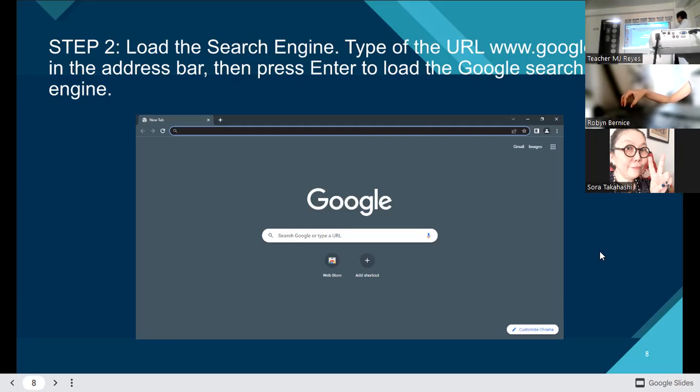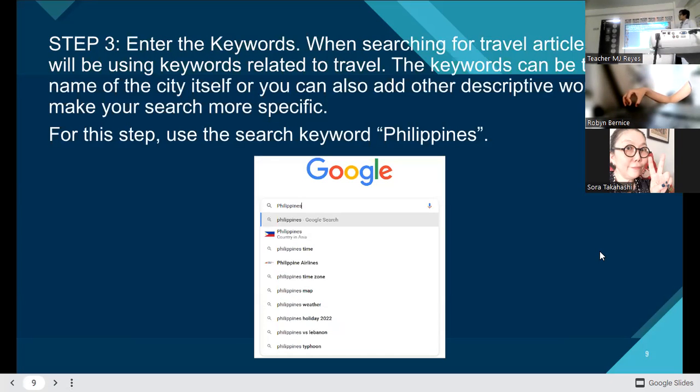Okay, let's continue. Step 3, enter the keywords. Okay, what are these keywords? When searching for travel articles, you'll be using keywords related to travel if you're actually looking for travel articles. The keywords can be, let's admit,